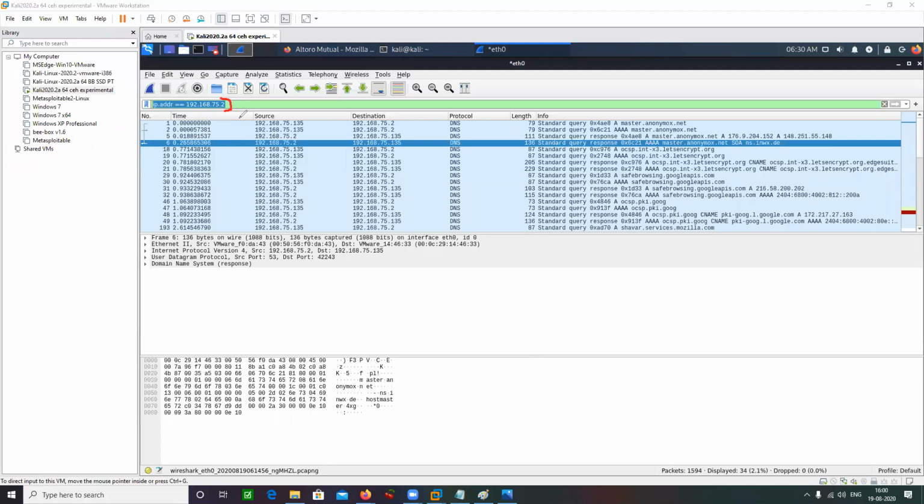No, not in source. It is going to be found in both of the fields, in source as well as destination. Okay, you can see this packet. This packet is being displayed to me because my mentioned IP address is in the destination field. But this packet is being displayed to me because this IP address is in the source field. So on and so forth. You can check them out.